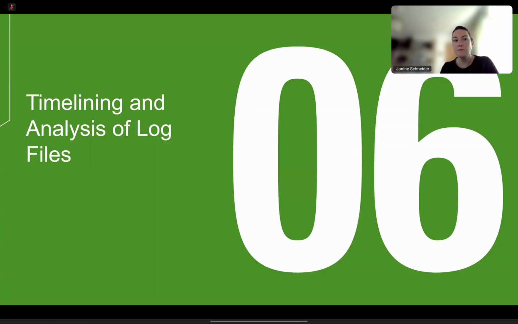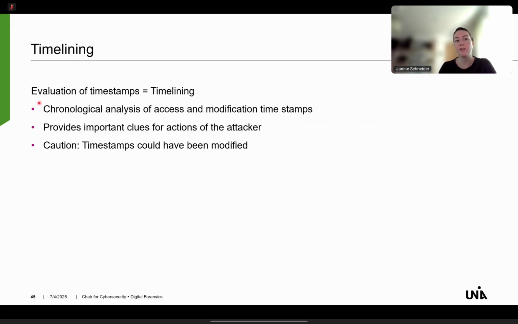Okay. So the last thing I wanted to talk about today is timelining, because it's a very helpful thing in practice. Timelining is actually the evaluation of timestamps. It's the chronological analysis of timestamps, and it provides important information about when actions happened, and in what context they stand to each other, but also to other